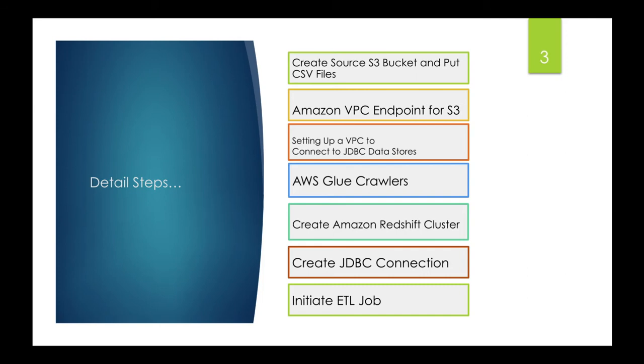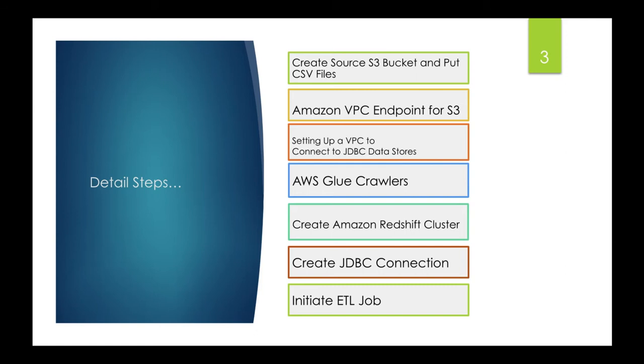Thereafter, we'll be setting up the environment to access the data stores. You know that Glue has to access two data stores here. The first one is the source data store, which is S3. To access it, it requires a VPC endpoint for S3. And for the next point, Glue also accesses the JDBC data store. For us, the target data store is Redshift. So we also need to create